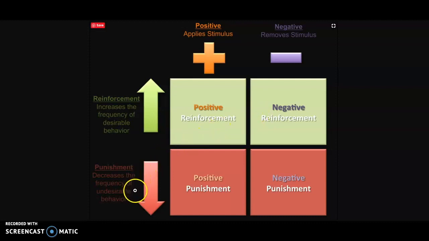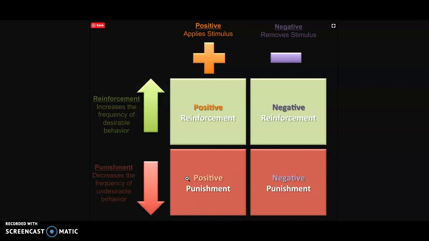Punishment, again, is going to reduce the frequency of a behavior. Let's look at positive punishment. In positive punishment, something is added to decrease the likelihood of a behavior. Let's say, for example, you miss curfew on Friday night, and as a result, your parents ground you for 2 weeks. Being grounded is the addition of something not desirable to decrease an undesired behavior, and the undesired behavior being